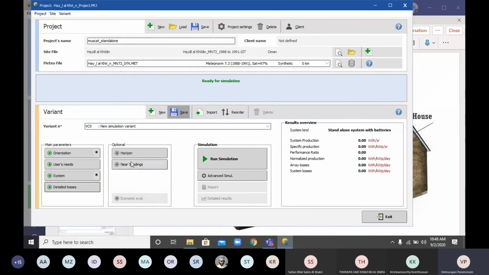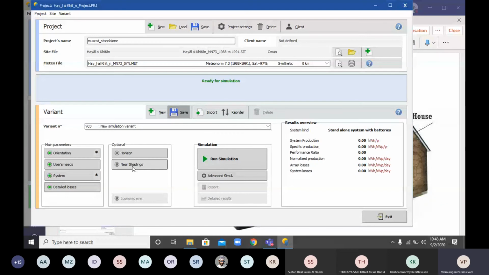So with more shading, the losses are more. If you want to describe the shading, say you have a particular home and nearby there are a lot of trees. We cannot cut the trees; sometimes you like the trees, so you cannot cut them. At that time, you consider the shading also.